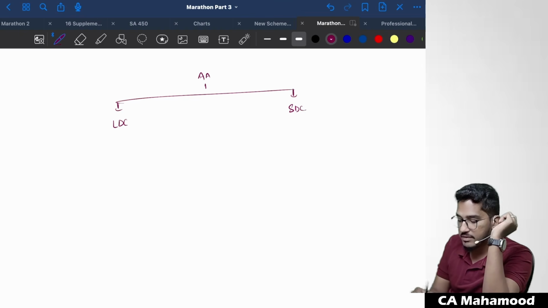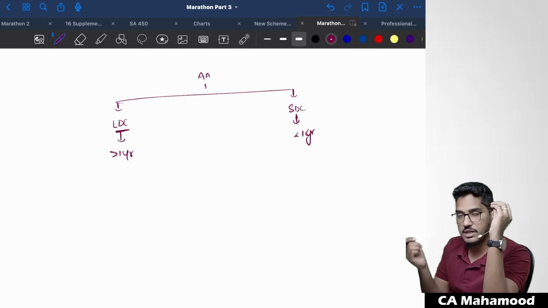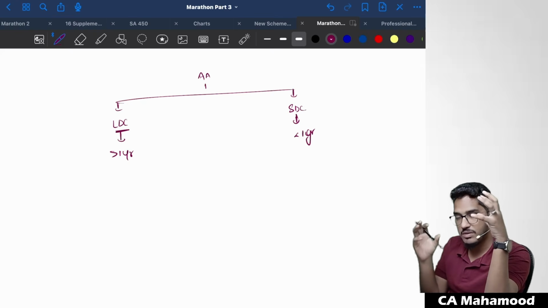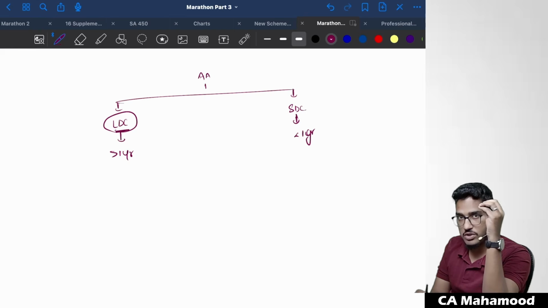First of all, what are long duration crops? Those crops which take a crop season of more than 1 year, we call long duration crops. On the other hand, those crops which take a crop season of less than 1 year, we call short duration crops. What is crop season? Crop season means simply from the date of sowing the seeds till the date of harvesting. Whatever that time period is, we call it the crop season. So if a certain crop is taking a crop season of more than 1 year, we call it a long duration crop. Other crops we call short duration crops.